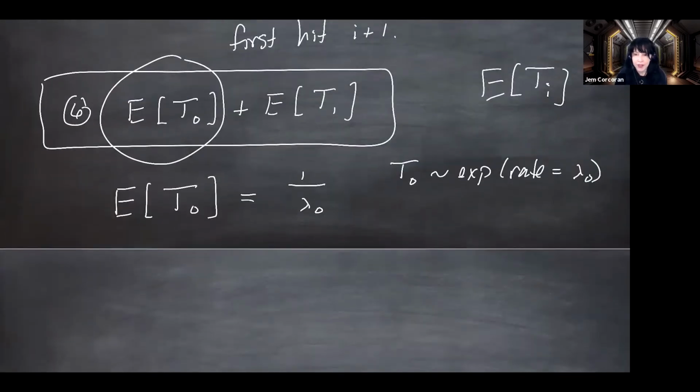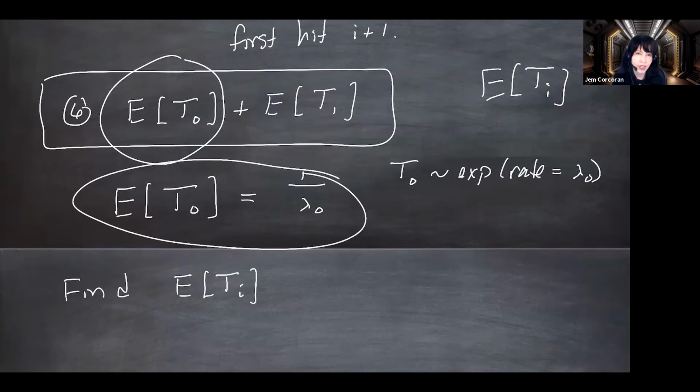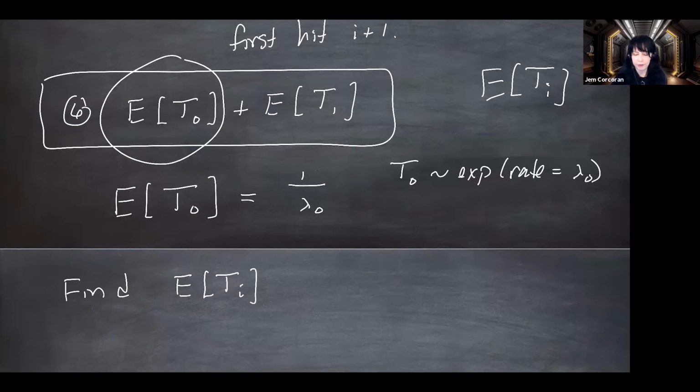Okay, so now I want to get a recursive equation off of that. So I want to find, in general, the expected value of T_i. And we'll see that it's going to be written as a function of the expected value of T_{i-1}. So you can always use this to find the expected value of T_1, and you can use that to find the expected value of T_2, and that to, and you can go as high as you want. So this is our goal right now.